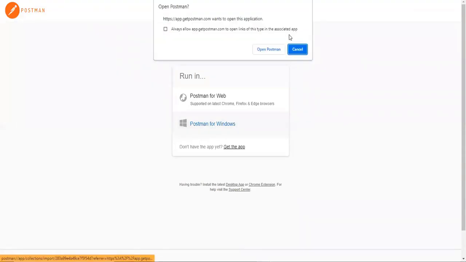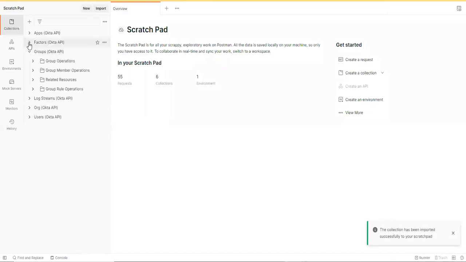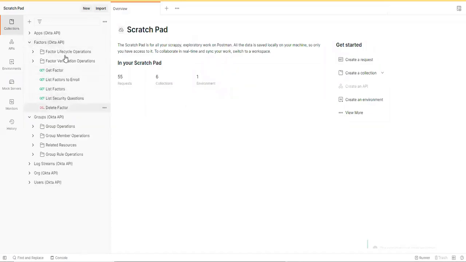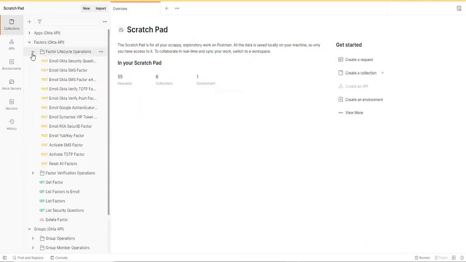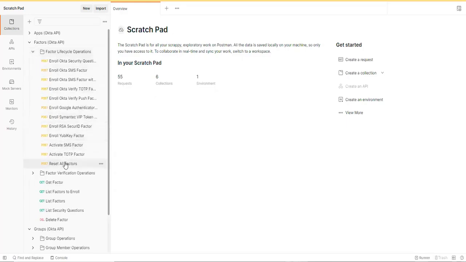Okay, so we can see the factors got added. In that I am able to see the list of factors available. Let's say I want to reset the factor for one user. I am able to do it.